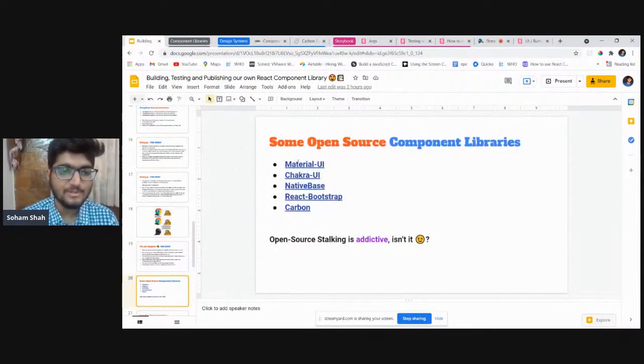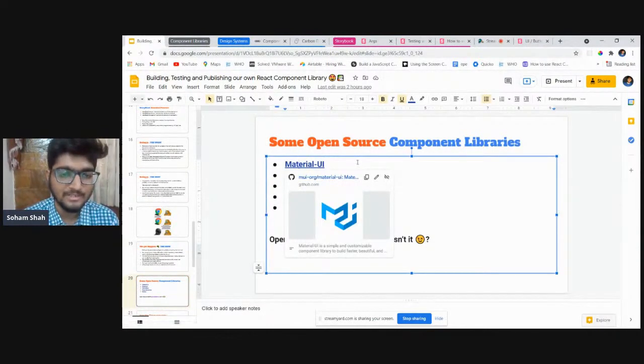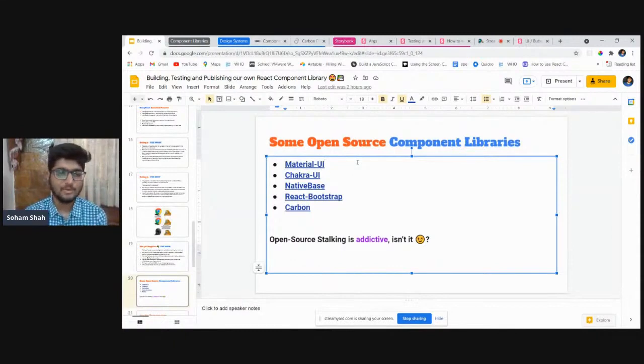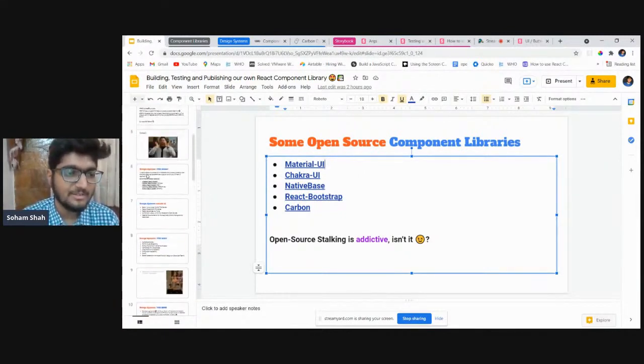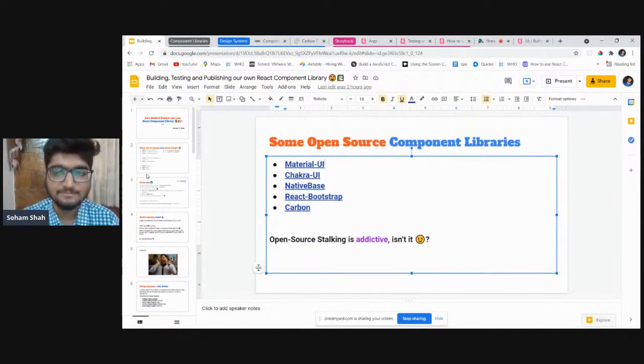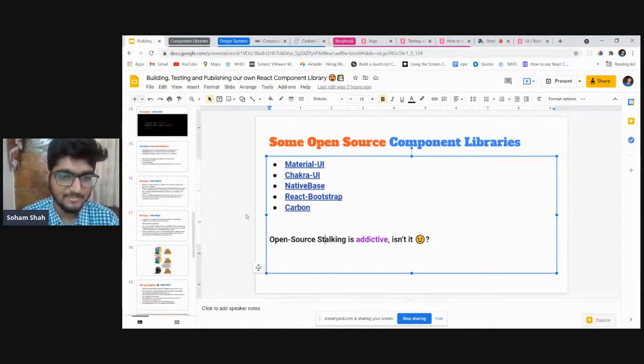So let us look at some open source component libraries quickly and see what they are doing. So see, this is what I know right till now: if I want to make a React component library, I have done almost all the things, starting from making components to documenting and the design system thing. And now I am also going to publish them. But what are the open source libraries doing? Basically, if I'm aiming to make a large project, if I'm aiming to scale the project, I need to take inspiration from them, right? So that is what we are going to do.